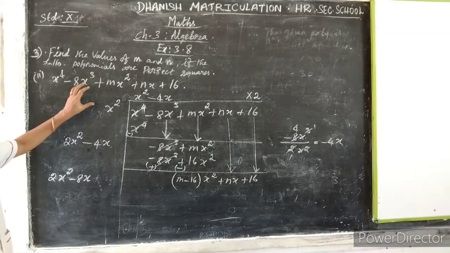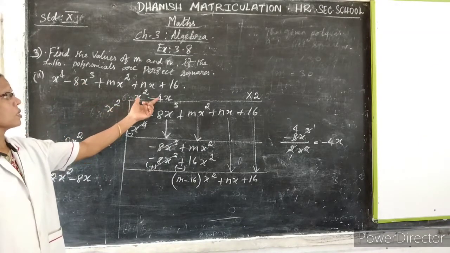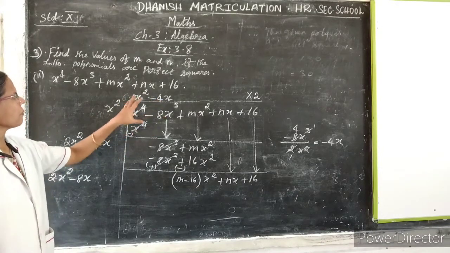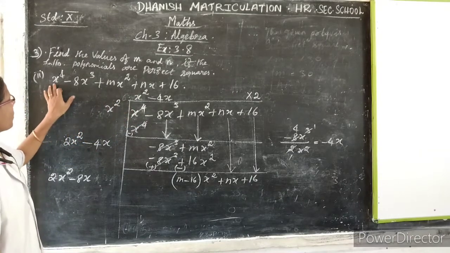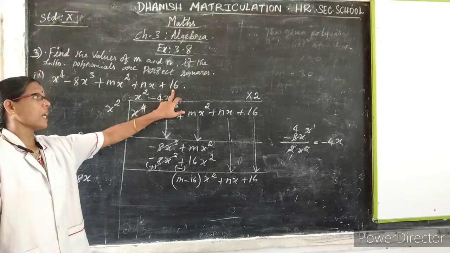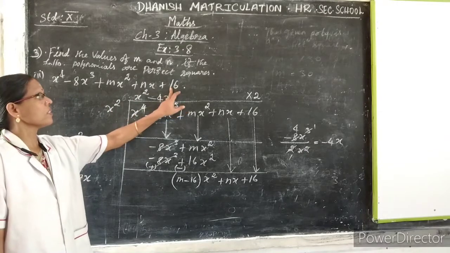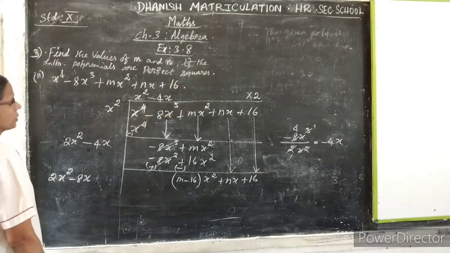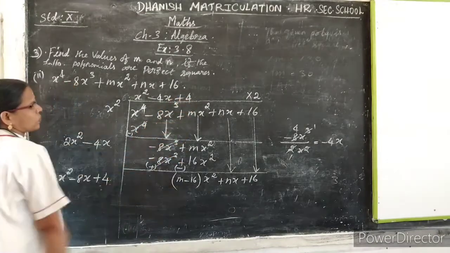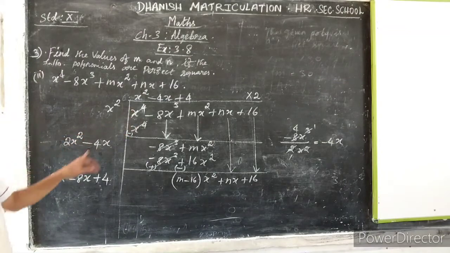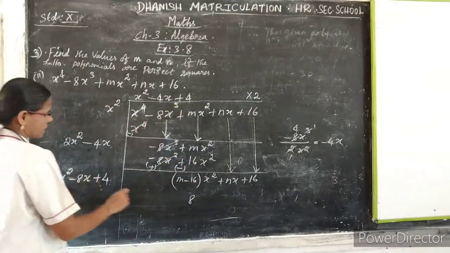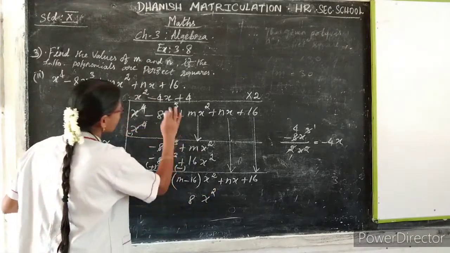We know the square root part of this polynomial. Here the square root of x power 4 is x square. Then we know the last term is 16. The square root of 16 is 4. So plus 4. Here also write plus 4. Now multiply 4 2s are 8x square. This is the last term.